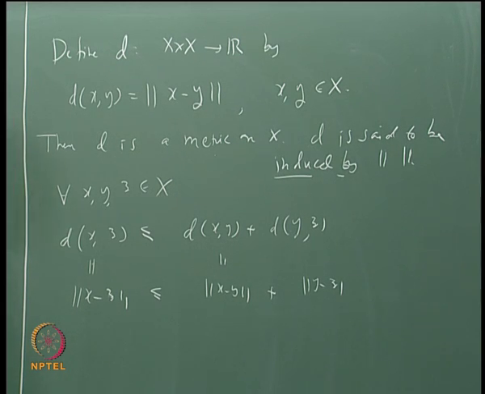Of course, here one may ask an obvious question: suppose you are given a vector space and a metric on it, is every metric on a vector space induced by some norm? Again the answer is no. There are metrics which do not come from any norm, because norms have some more properties compared to the metric. It is possible to say when exactly a metric is induced by a norm, but I think that discussion will take us too far away from what we basically want to discuss.